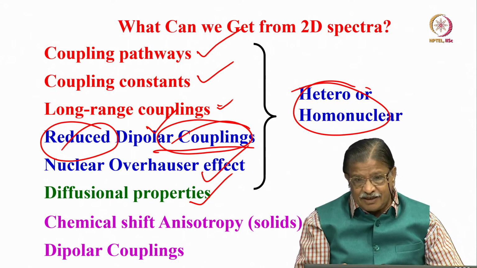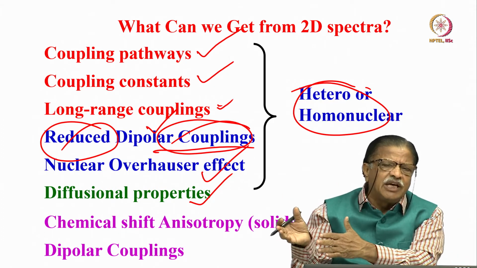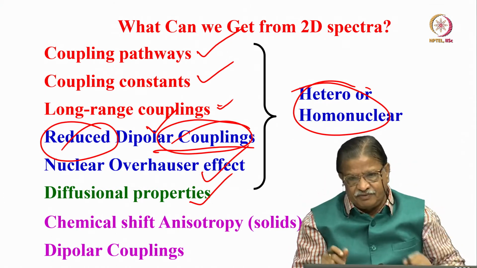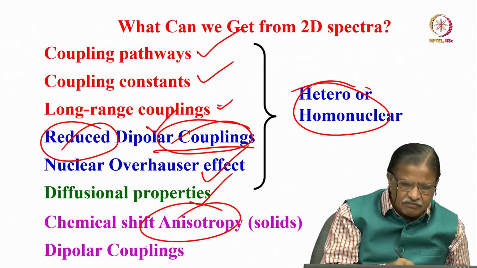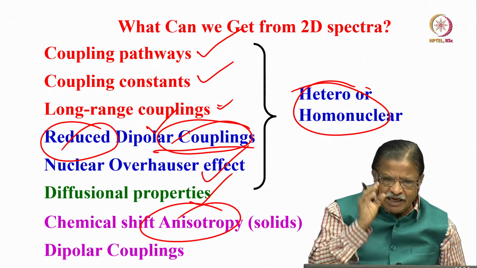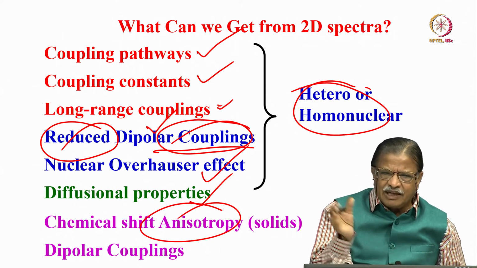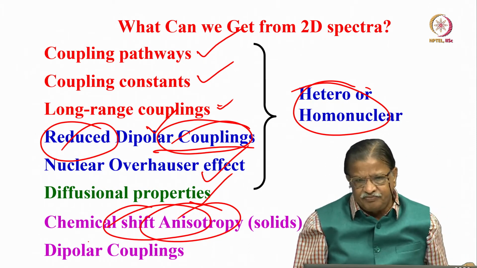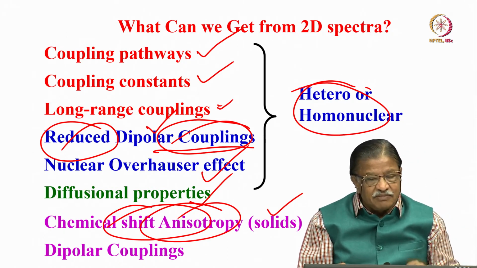And if you go to solid state, all the 2D experiments that you can do in liquid state, similarly, there are varieties of 2D experiments designed for solid state also, depending upon the type of interaction parameters that are present in solids. That is also possible. For example, chemical shift anisotropy. I told you in NMR all the parameters are anisotropic. Chemical shift is anisotropic, J coupling is anisotropic, dipolar coupling is there, and quadrupolar coupling, all these are anisotropic. The chemical shift anisotropy, what happens in the solution state gets averaged out. But if you go to the solid state, it is present. We can extract that information.